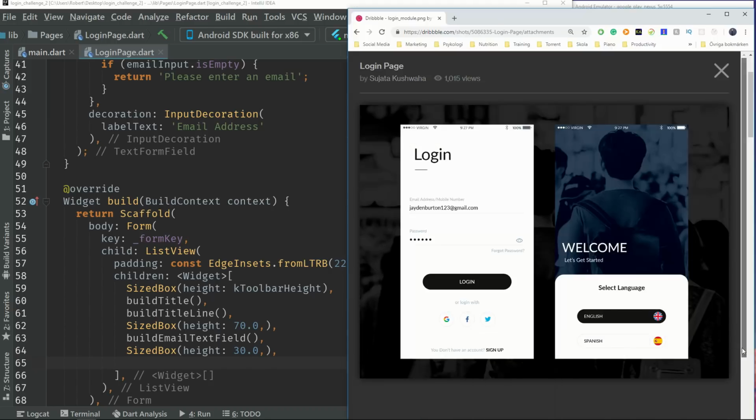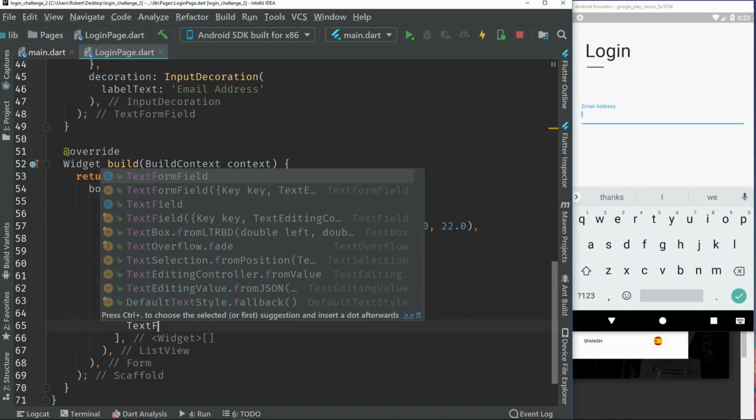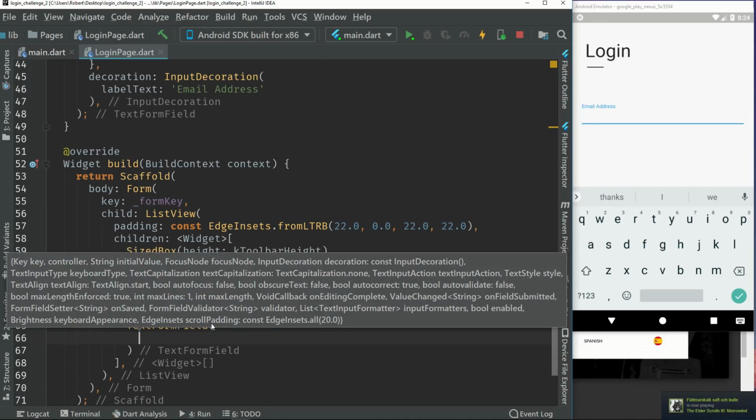which is the password, I believe. Yeah, the password. And this is a bit more complicated than the email because we have this eye, and we will actually use this to show the password or not. And then we have the forgot password, which we'll do after. So first off, we will do the same as before. We'll take a text form field. So inside this text form field, we'll create a